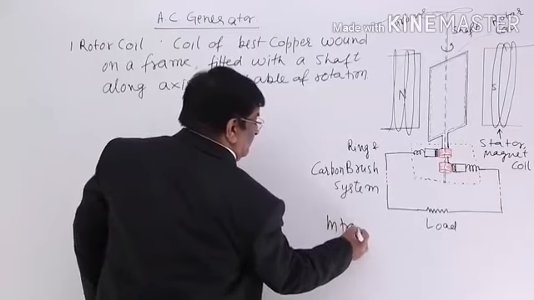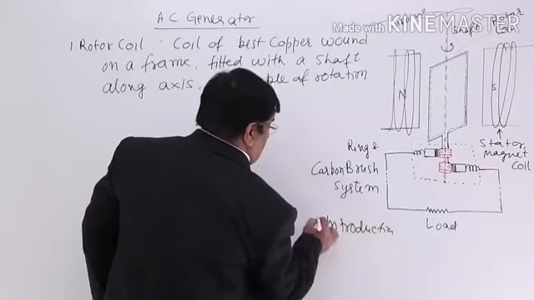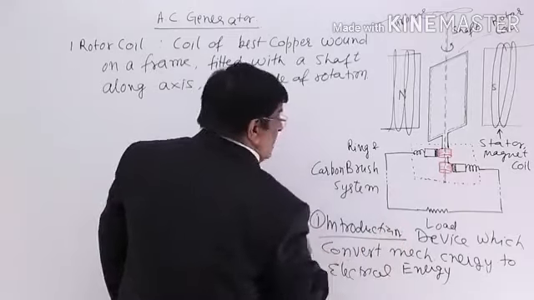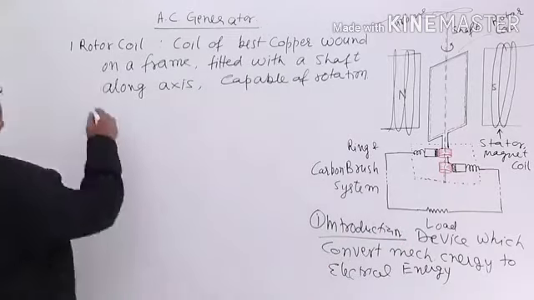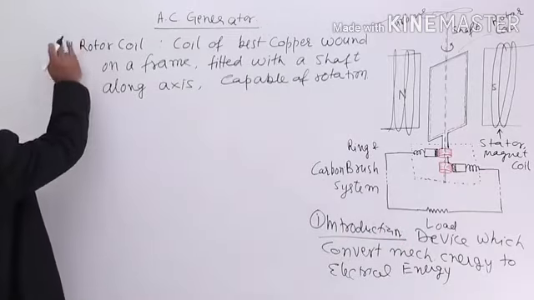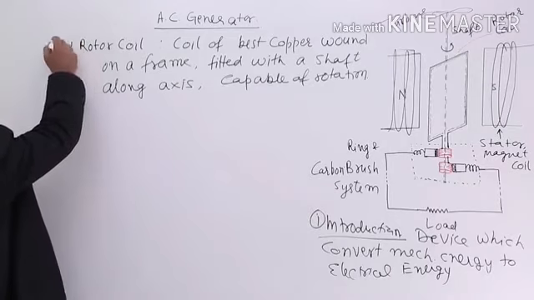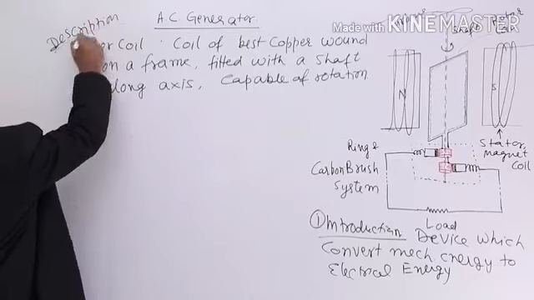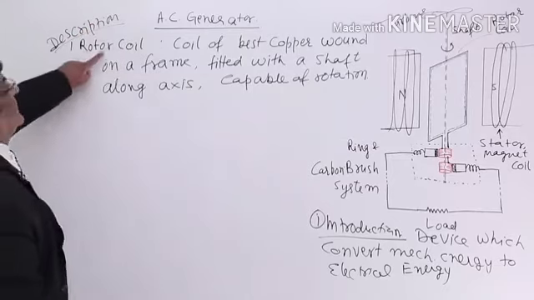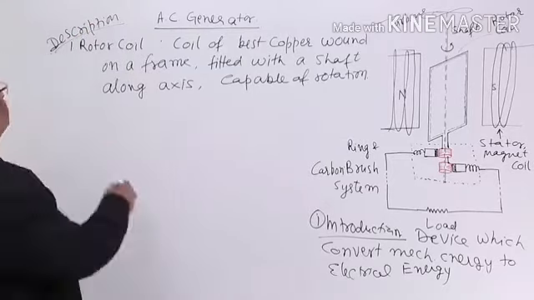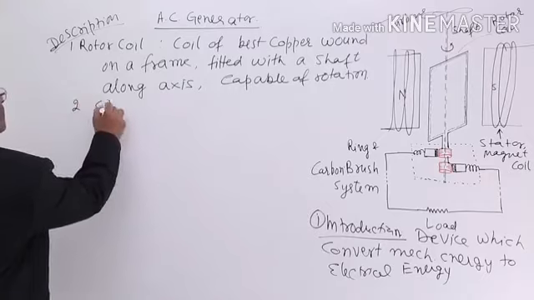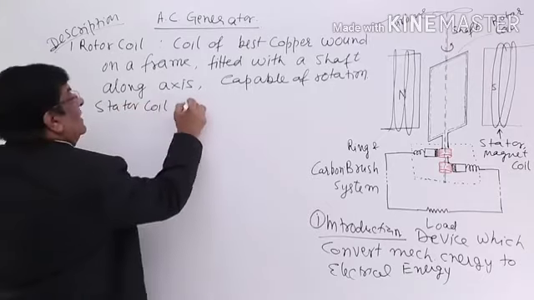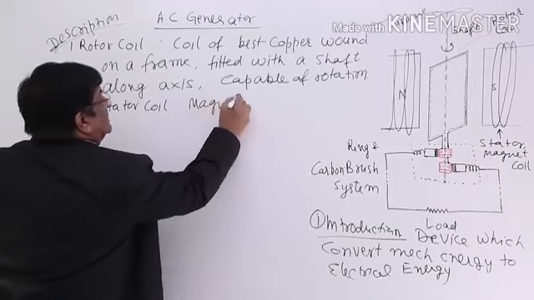Introduction. This is the introduction. Second part, its components or construction, we can say, or its description. Number one, it has a rotor coil, given this. Number two, it has a stator coil. The stator coil has magnets, permanent magnets